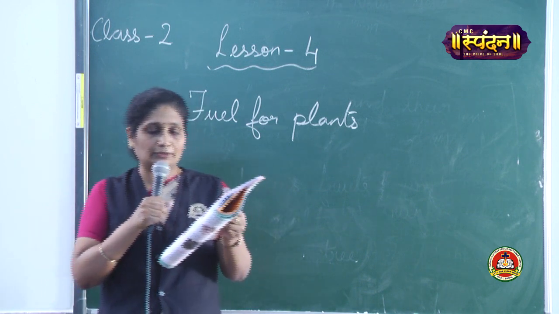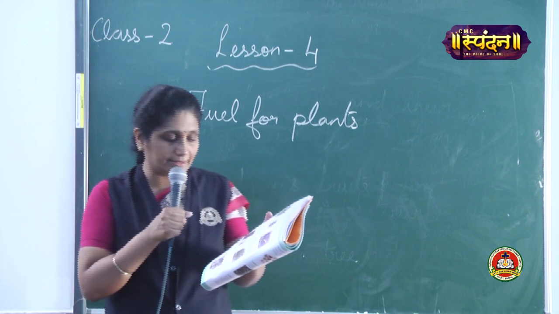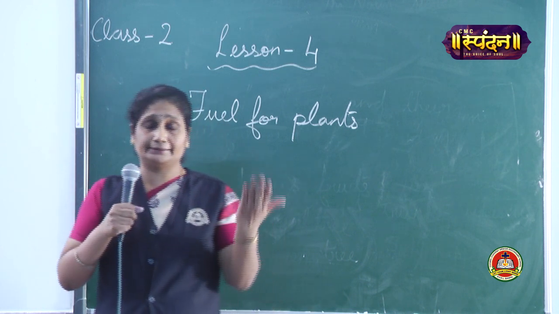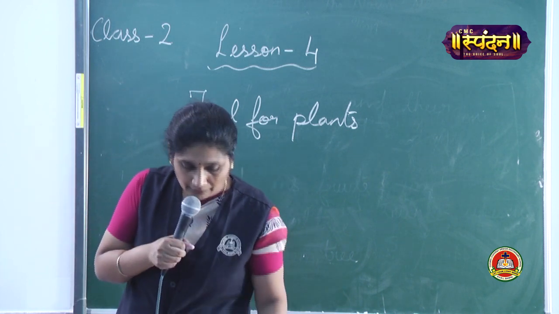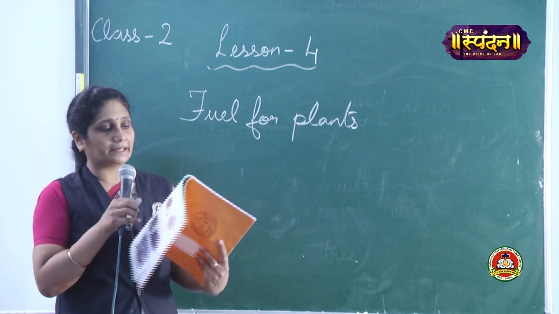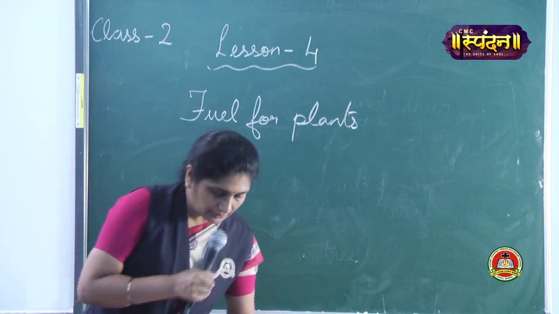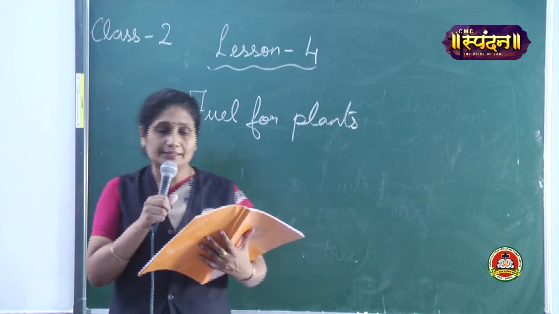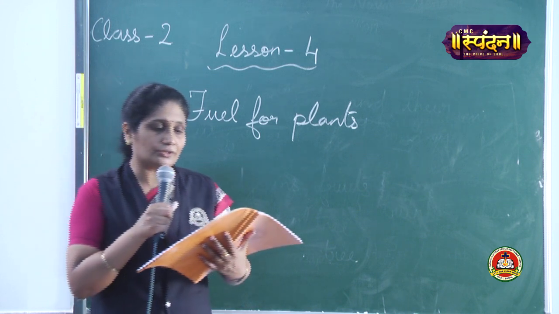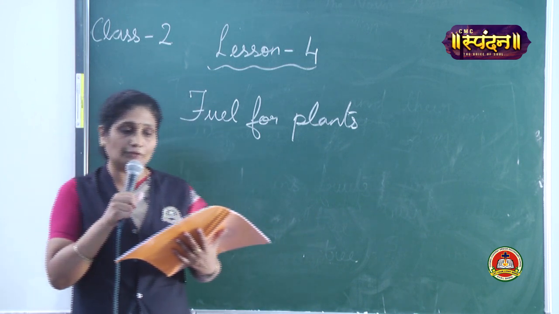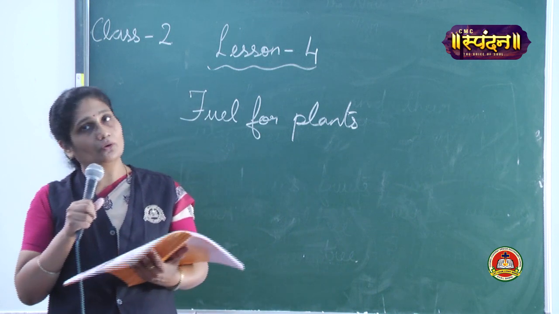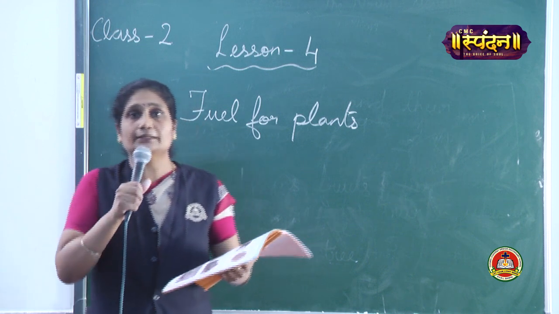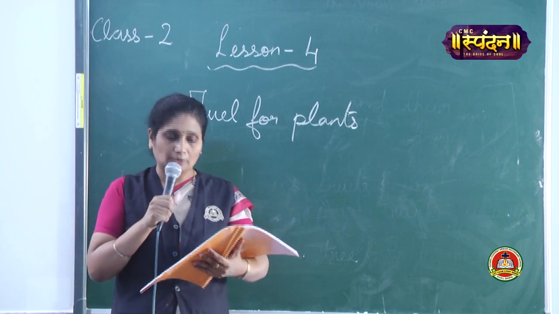So many plants provide raw materials for industries. What are the plants? Rubber plants, sandalwood and eucalyptus. From those we get raw materials, it's a medicinal plant also. Now, what is the next thing? Oil and spices from plants. Some plants like groundnut, coconut, mustard, etc. give us oil for cooking. We also get different kinds of spices to cook food from plants. We take the groundnut seeds and convert them into oil and we use it for cooking.